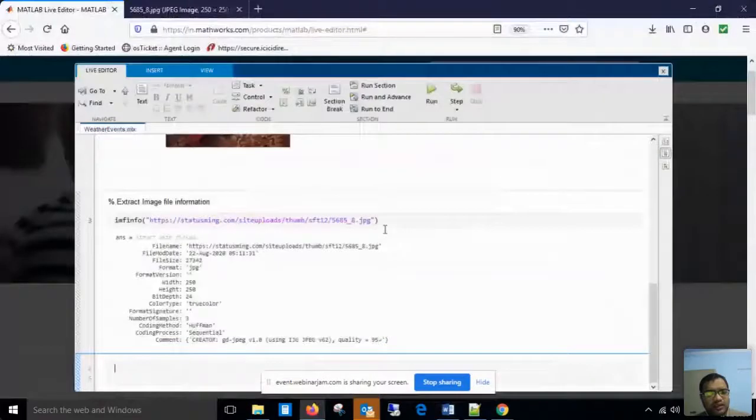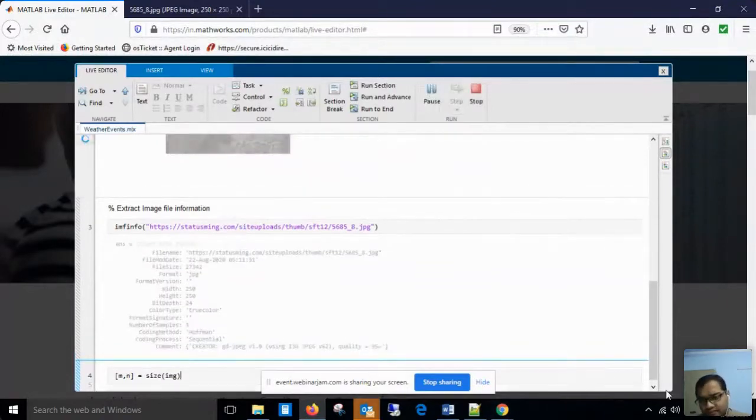Now I come to another command, that is [m, n] in a one dimensional matrix with two columns, that is size of img. Run this command.